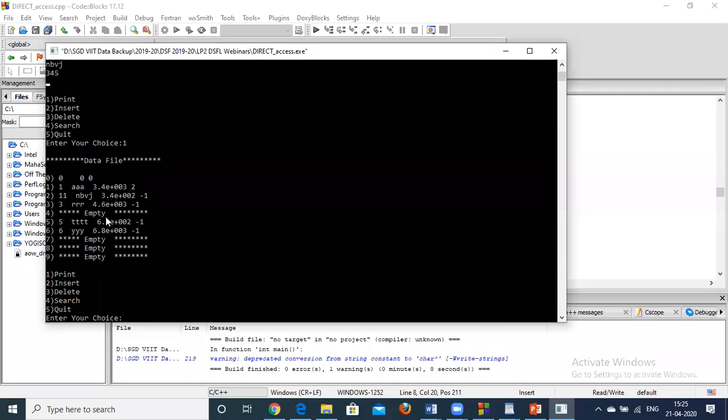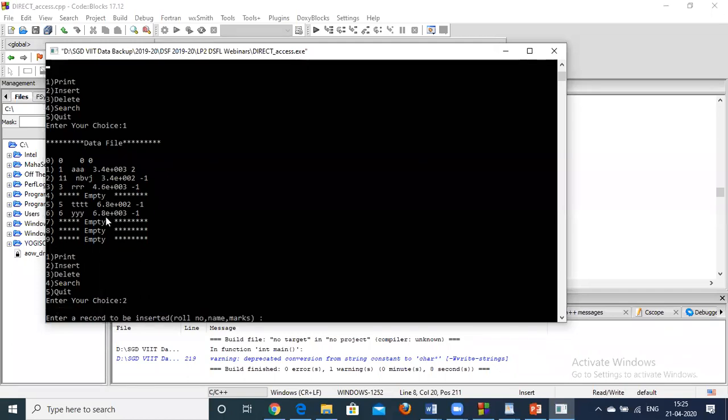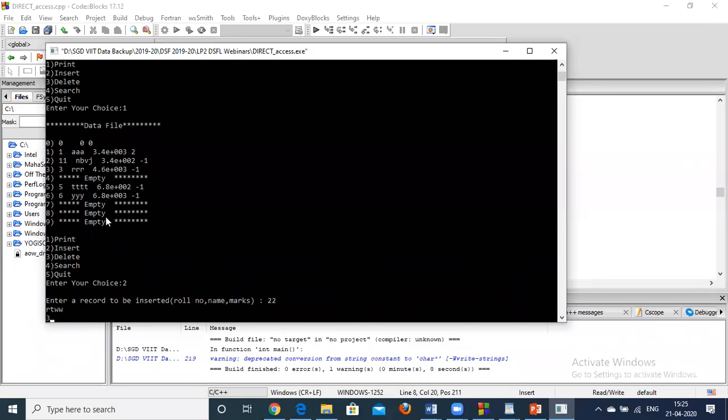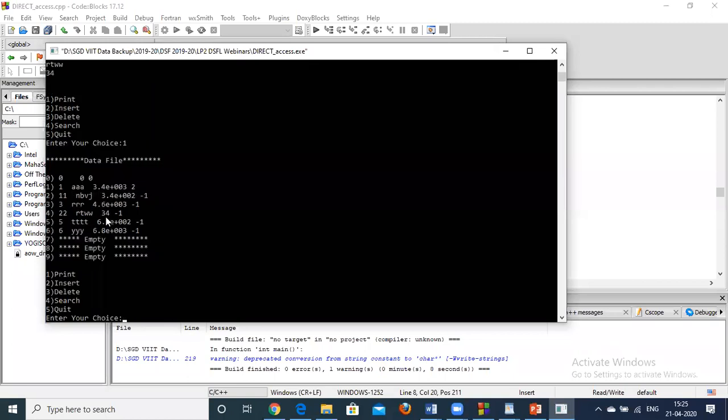Now I will insert one more element with hash value 2, and I will check the table. So the hash value 2 element is inserted. Its position should start here, the record should be placed here, but as we are following the algorithm chaining without replacement, the existing record will remain there. Even if it is not its own chain element, it will remain there, and we will find the next available position, that is this position, where we will insert 22.